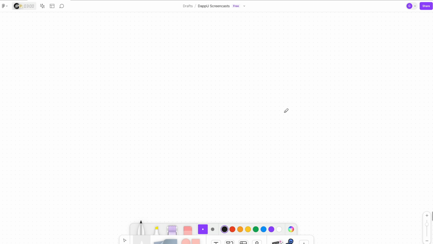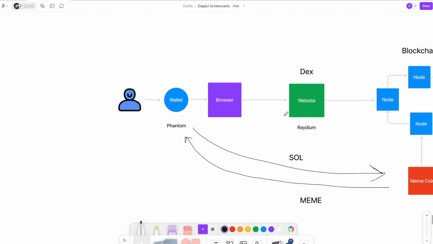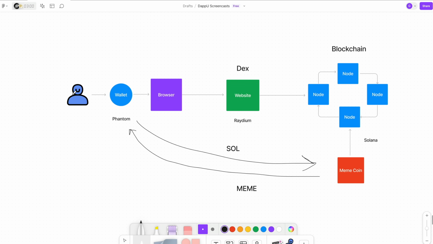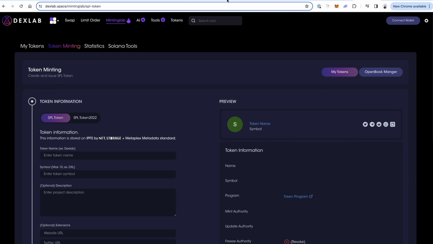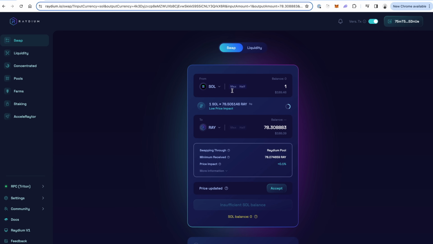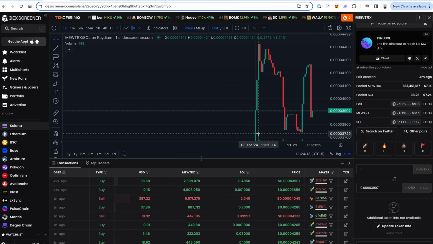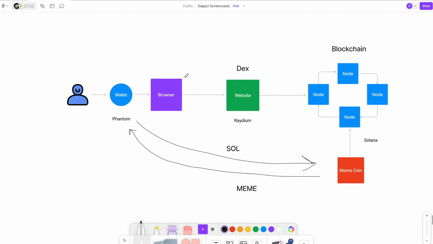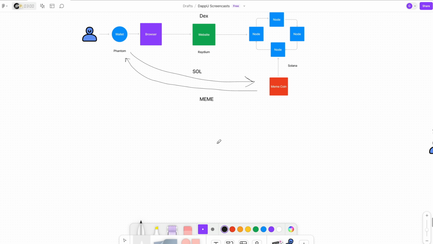So before we talk about launching, again, let's do a quick overview of the process of how other people actually purchase the token. The end user, the trader, the investor, the purchaser, whoever you want to call them, is going to connect their Phantom wallet to their browser, which talks directly to a DEX like Raydium. They're going to trade Solana cryptocurrency, or SOL tokens, for your tokens on Raydium. And they're going to discover your cryptocurrency on discovery tools like Dex Screener, Dex Tools, Birdeye, et cetera. Let's go over all of that. So you need a token. We're talking about how to create that.